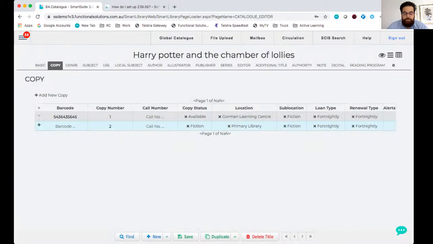Okay, so once again, the light blue is where we go to add a new copy. Anything that is an alternating grey and white is the copies that have been saved into the database already. If we've got a title record and it's already got some copies assigned to it and we want to